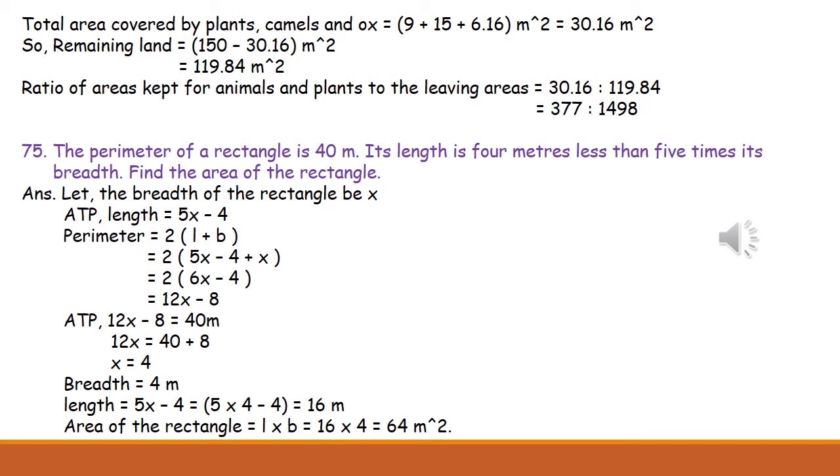Here I must mention one thing, children. All these sums, first you learn the formula given in slide 3 and slide 4. First you will be learning the formula. All the sums, first you will be trying to do on your own. If you can't do it, then you will refer to these slides. Alright.